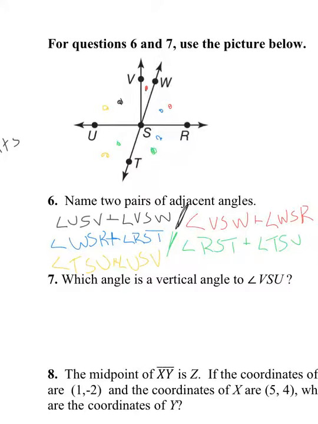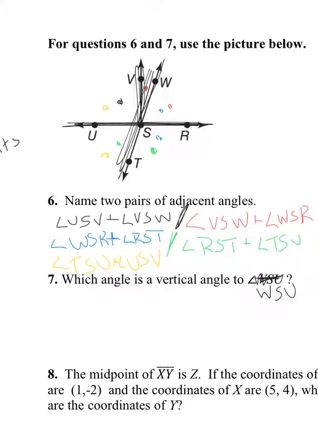And then there is a typo here on the next question. It should say which angle is vertical with WSU, not VSU. And the reason that's a problem is because you can't have vertical angles if two lines don't cross, and VSU involves VS, which is a ray, it's not a line. So really, if you want to kind of ignore it, we should be focusing on this line here and this line here. So WSU,